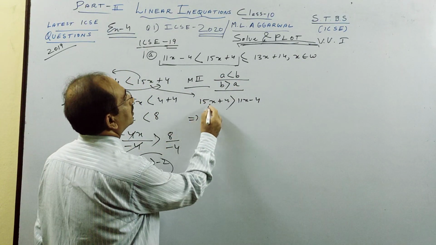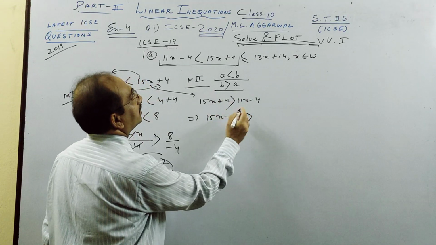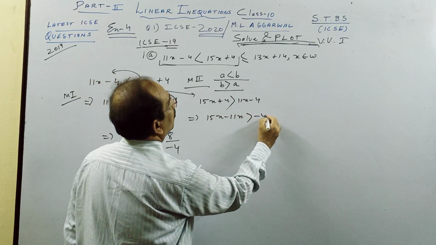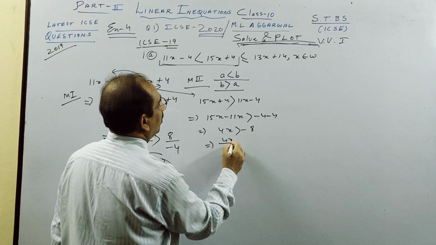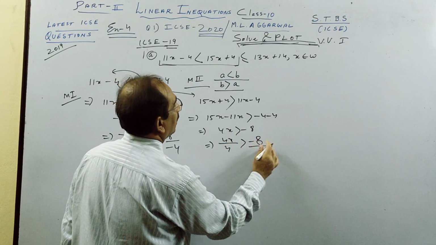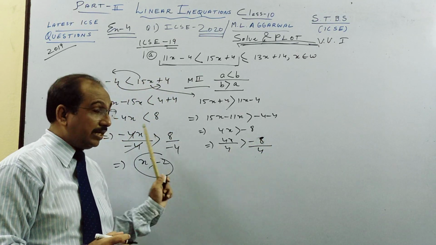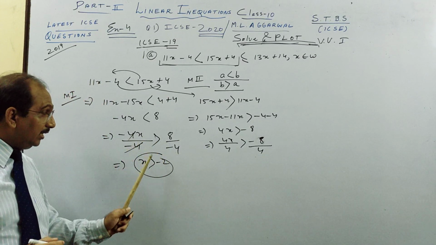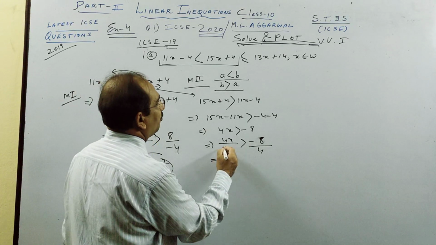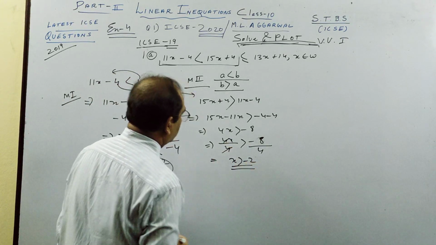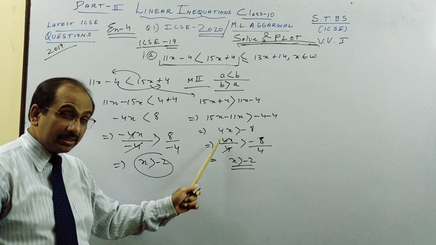Now see how easy it becomes. Bigger, you bring the smaller. You bring the smaller, the sign does not change. We are just transposing. Minus 4, minus 4. 4x is greater than minus 8. Dividing by 4, children, I am dividing by plus, so no sign change. There I divided by minus, therefore the sign is reversed. Less than becomes greater than, it remains the same. So 4 will cancel. x is greater than minus 2. Any one you like? This traditional one is done by most, but this is easier and better.